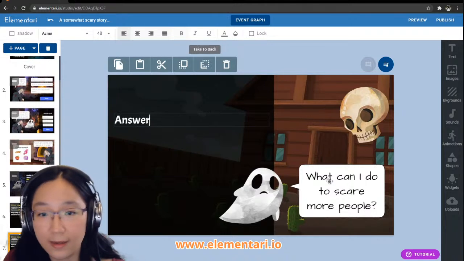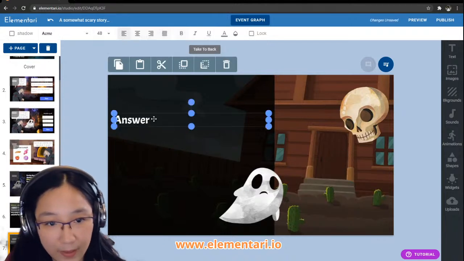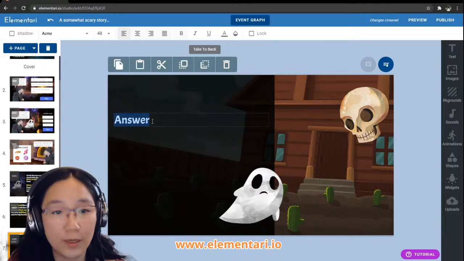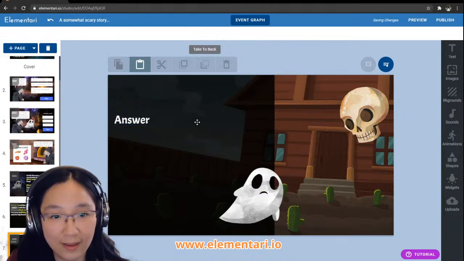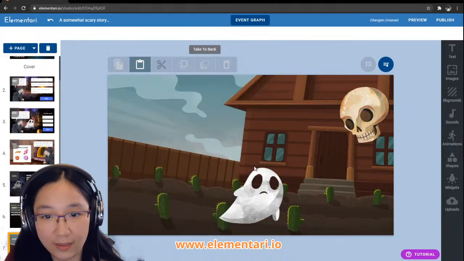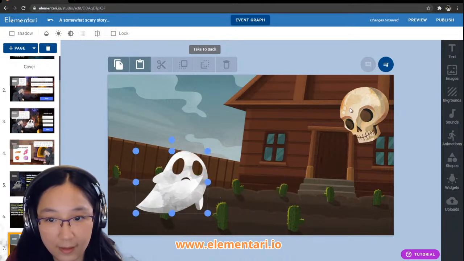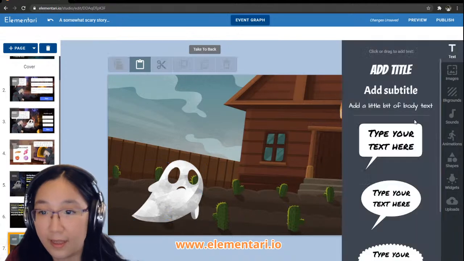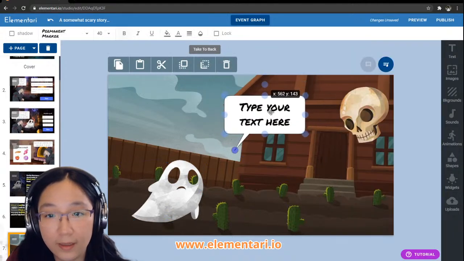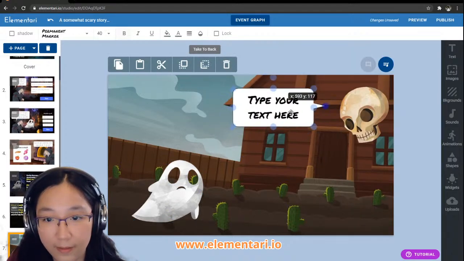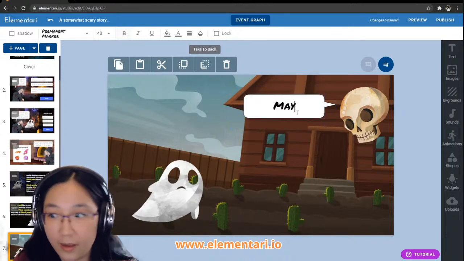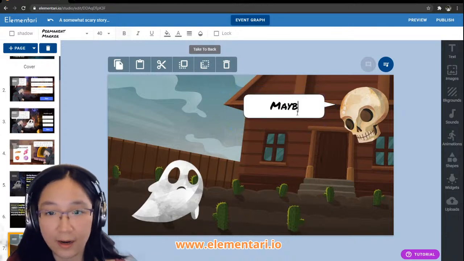So we had some ideas. You can try, what was it, screaming at the top of your lungs, right? So let's make this more like this. And let's add a speech bubble. Any other ideas on how to be scary?